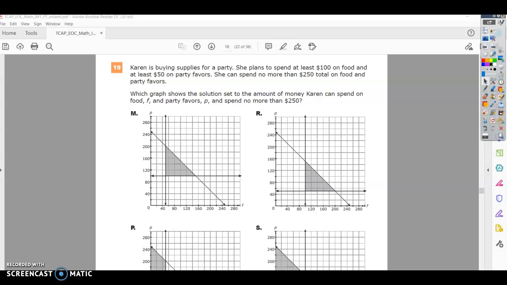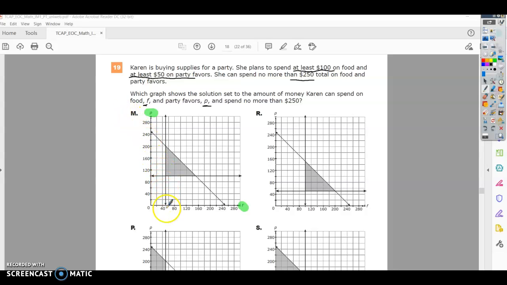All right, so what we need to see is, it says at least, that means more than $100 on food, and at least $50 on party favors, but no more than $250. So we want to spend less than $250, but at least $100 on food and at least $50 on party favors. All right, it also says that food is F, party favors is P. So if you look at the graphs, each graph has a P and an F. So that means party favors are here and the food is across the bottom. All right, so